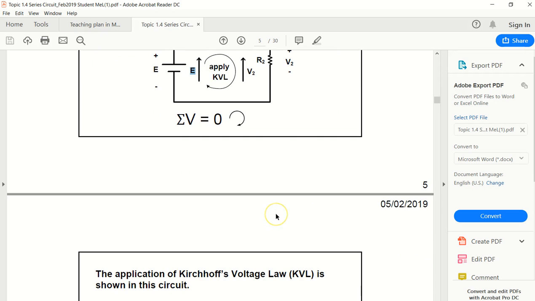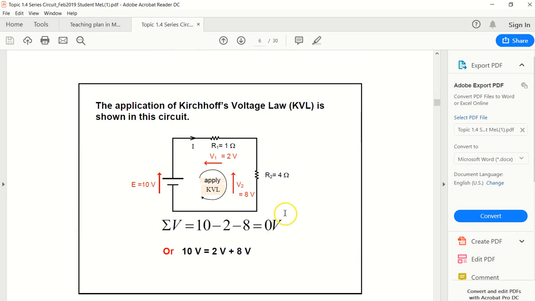So let's take a look at this example. Maybe this one will be better. The application of Kirchhoff voltage law is shown in the circuit below. Let's say, for example, you have a voltage at 10 volts, and you have two resistors. One is R1, which is 1 ohm. Another resistor R2 is at 4 ohms. Okay, so the total sum of voltages